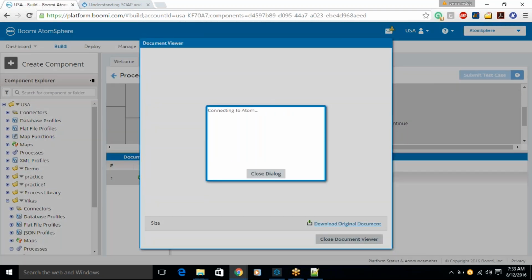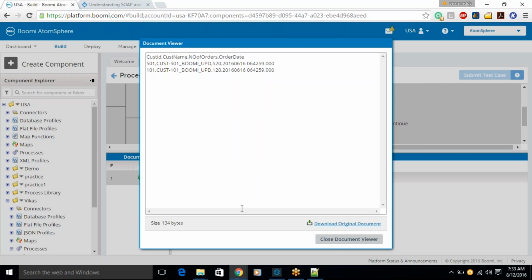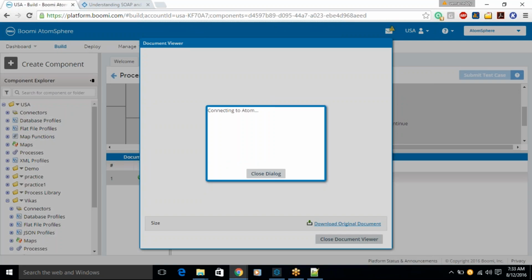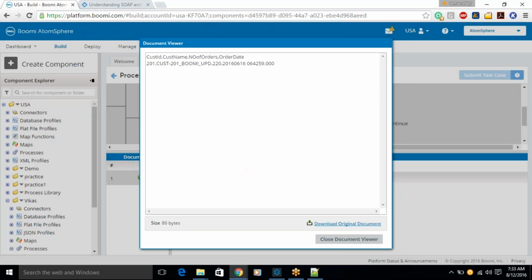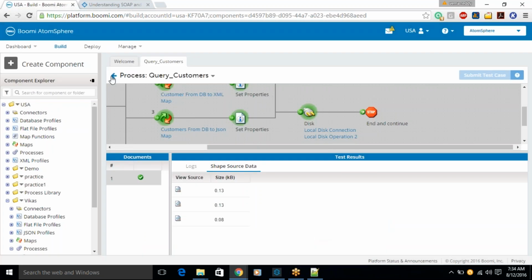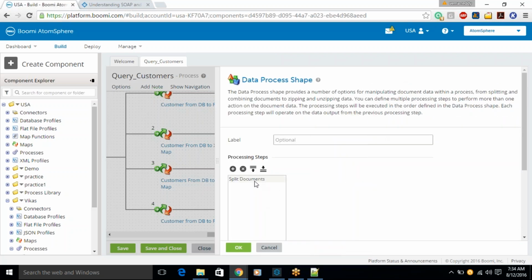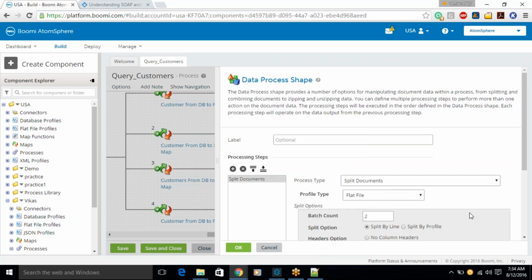This is also two, because the total number of records is five. When you are splitting based on batching with batch number two, it will generate two, two, and then the last one would be only one. So this is how we can set the batch count while splitting,